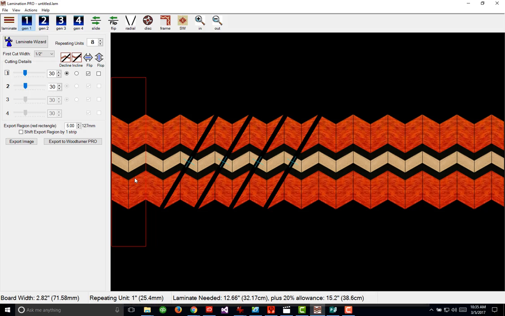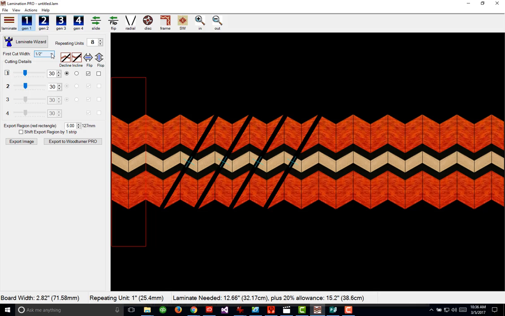Now the first 2 of these strips gives you a V, which is also called a chevron. And so this board, a first generation board, is made up of a series of chevrons. One chevron is a repeating unit because that is the image that repeats across this board. It is 1 inch wide, and that is easy to understand because the strips that we cut from that board